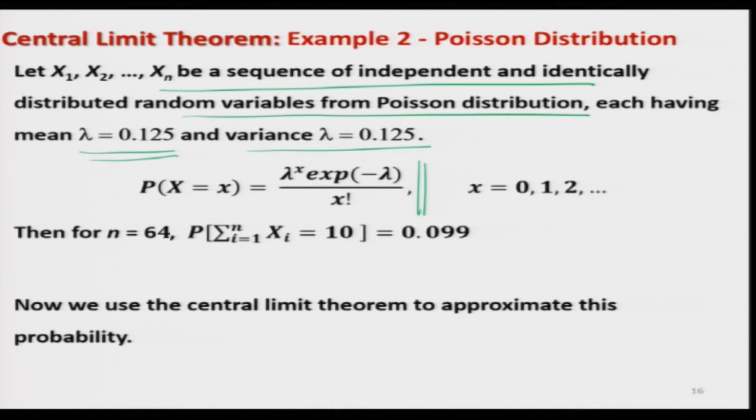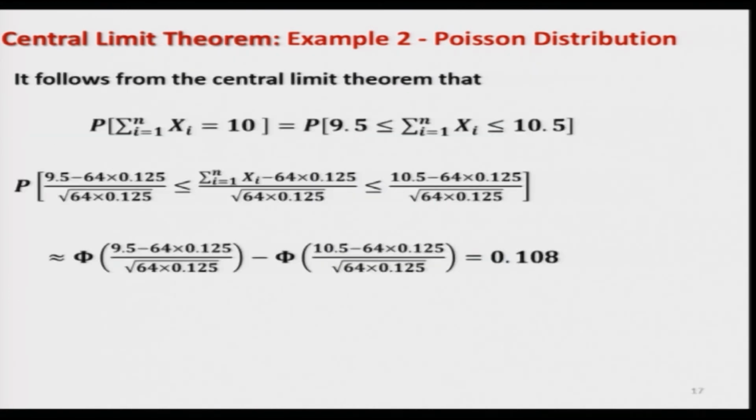So, for example, if I try to say here n equal to 65, suppose we want to know the probability that the sum of the xi is equal to 10. That is 0.099, which we can obtain in R. Now, we try to approximate the same probability using the central limit theorem. So, what I try to do here is write down the summation i goes from 1 to n xi equal to 10, and this can be obtained by applying the continuity correction,